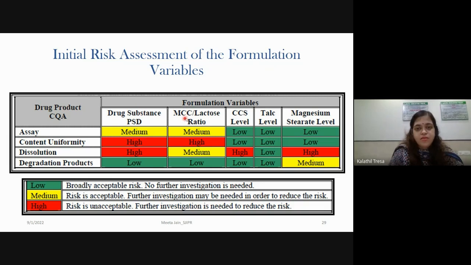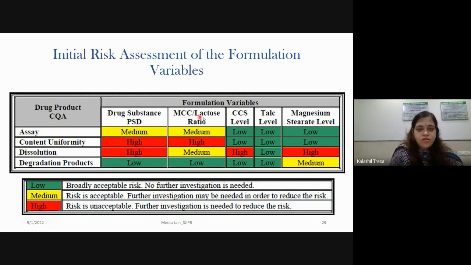We have used MCC and lactose as diluents, croscarmellose sodium as disintegrant, talc and magnesium stearate as glidants and lubricants. And we have identified assay, content uniformity, dissolution, and degradation products as your CQAs. So these are the critical quality attributes. How severe is the risk of drug substance particle size on content uniformity, on assay, on dissolution, degradation products, that you have to list down.